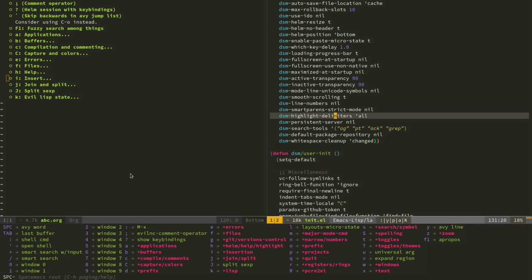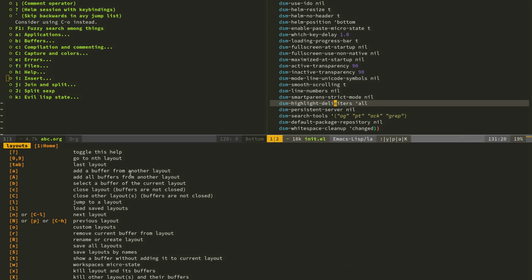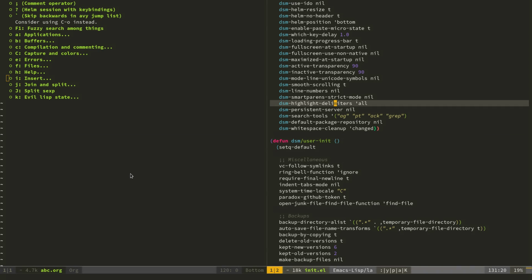After that one, I think I will do the layouts under L, because I haven't really been that keen on this feature because I was using eyebrows workspaces instead. But now, actually, these are integrated now, and that was a pull request by BMAG, which was merged just yesterday. So this one's really interesting to me now, and I think L is going to be my next one. And in the same video, I might do